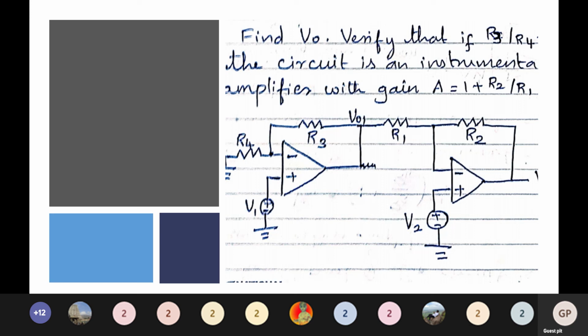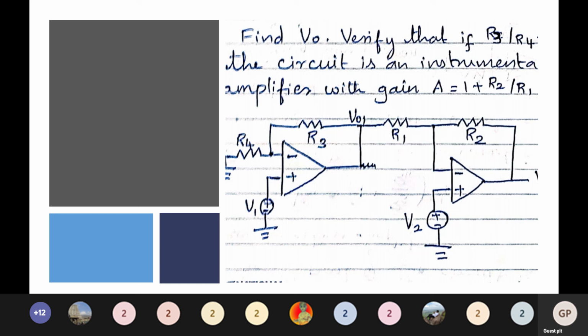Hope everyone knows about the instrumentation amplifier, right? An instrumentation amplifier is just like a differential amplifier. We'll see the differential amplifier probably in the next topic. The differential amplifier is updated as an instrumentation amplifier in order to amplify the difference between the inputs. Usually we use it in industries where the output of the transducer is very low. In that case mainly we go in for this instrumentation amplifier. So what we have to do is finally get an expression which will be similar to the instrumentation amplifier expression.